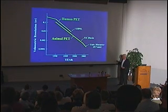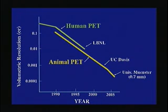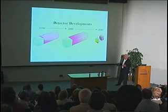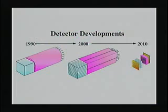And here's where the LBL system stands relative to the rest of the world. This is for human, whole-body or whole-head PET, but this is the 0.7 millimeter resolution University of Münster system that I had the opportunity to visit a few weeks ago. The detector development is key to improving this, and that's part of multi-purpose labs such as LBL, and I'd like